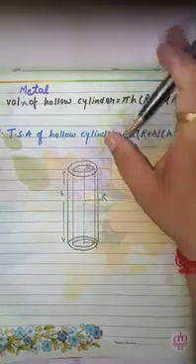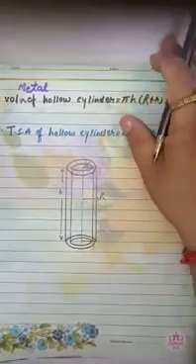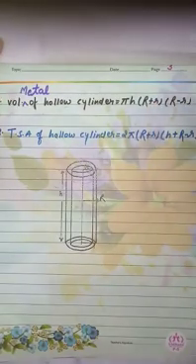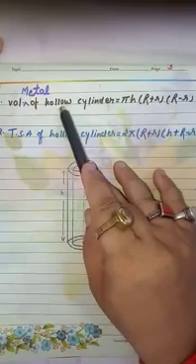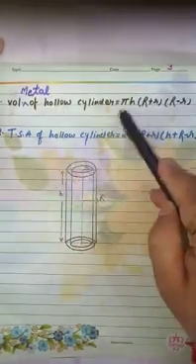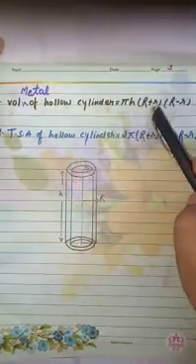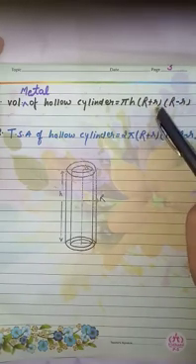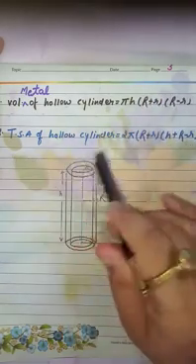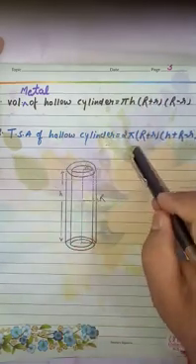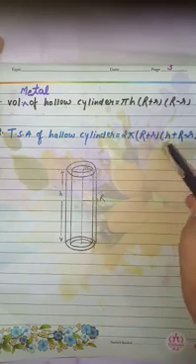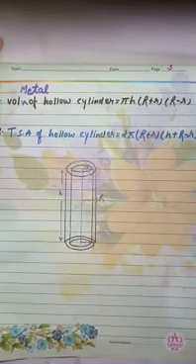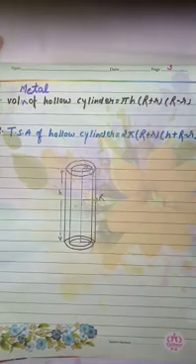Class, now come to the hollow cylinder. Hollow cylinder means just like a pipe, plastic pipe or iron pipe or metallic pipe, any metallic pipe. So the volume of the metal of hollow cylinder is pi h bracket capital R plus small r bracket capital R minus small r. Capital R is the external diameter, small r is the internal diameter. Total surface area of hollow cylinder is 2 pi bracket capital R plus small r bracket height plus capital R minus small r. Capital R is the external diameter and small r is the internal diameter.